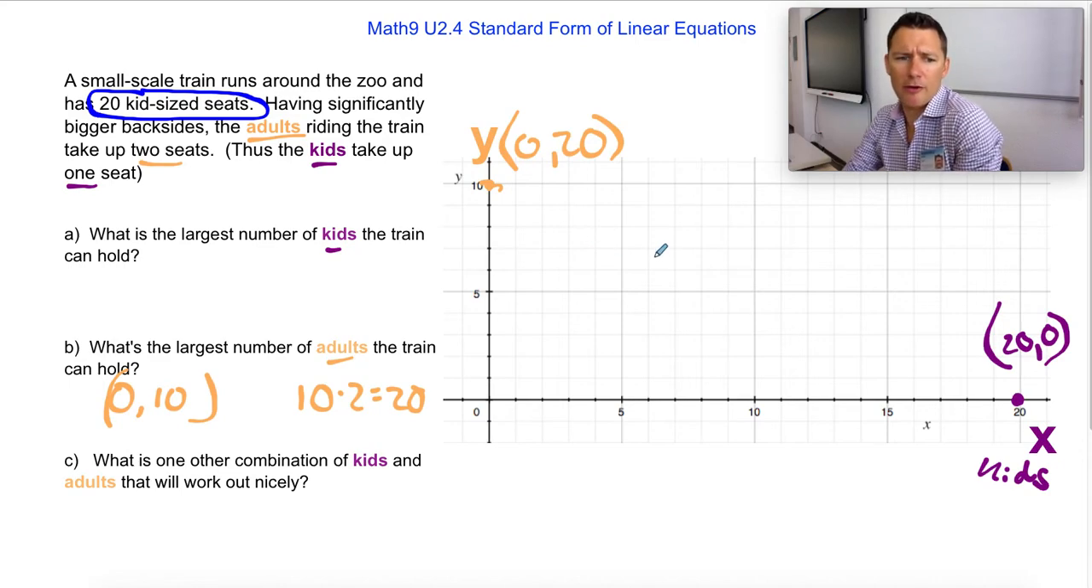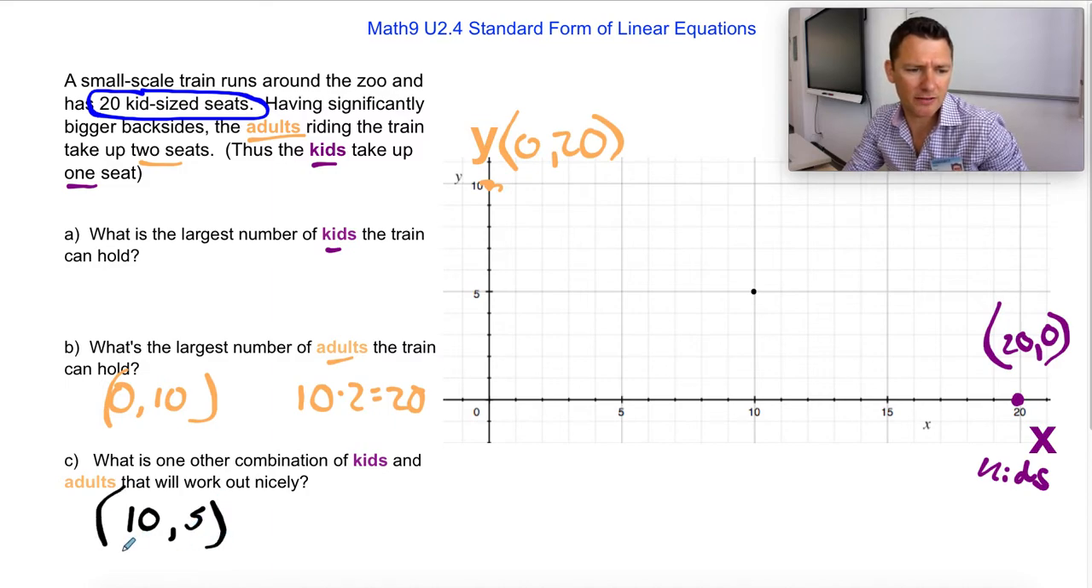And you can also have a mix, right? You could have, let's see, maybe 15 and 10? Would 10 and 10 work? If you had 10 adults, oh, no, can't have 10 and 10. I guess you'd have 10 and 5. 10 and 5 would work because this is the number of kids